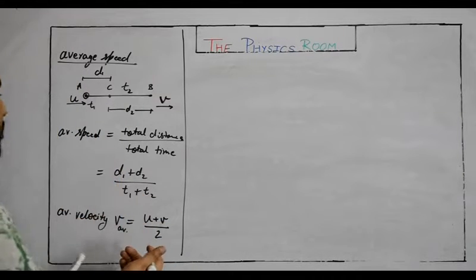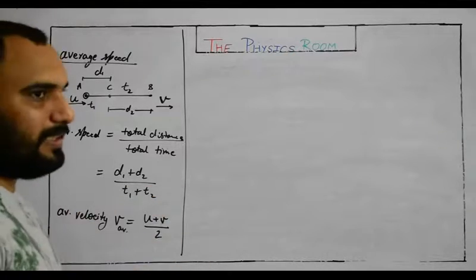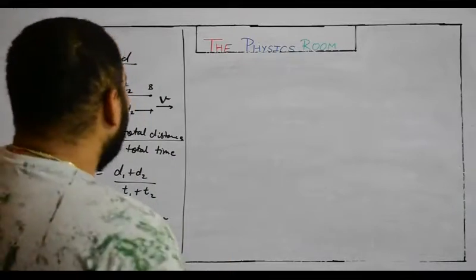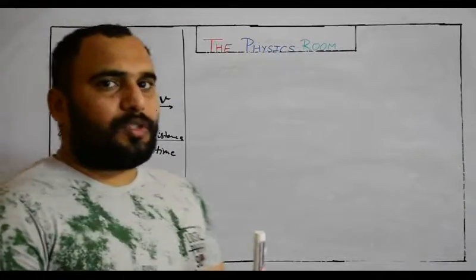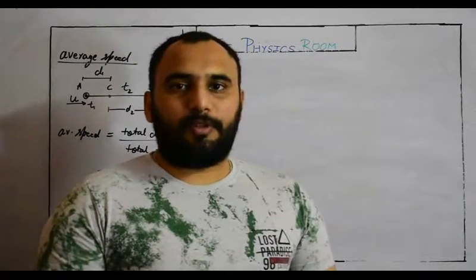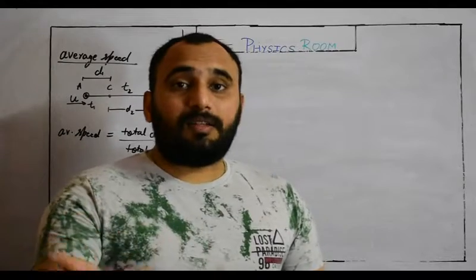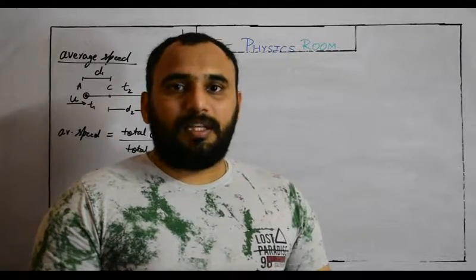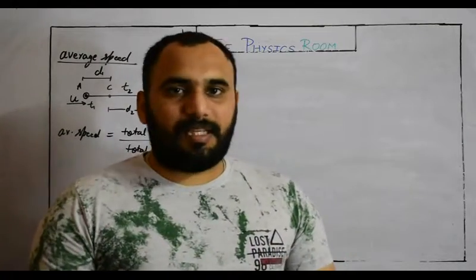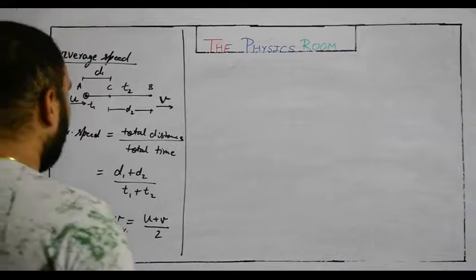And the meaning of average velocity and the meaning of average speed, the SI unit will remain the same, meter per second, it doesn't matter. Now one question exists here: is there any possibility that the average speed and the average velocity become equal? Yes, absolutely. When displacement and distance become equal in linear motion. In linear non-returning motion, at that time distance and displacement will be the same. So obviously average speed and average velocity will become equal at that moment.